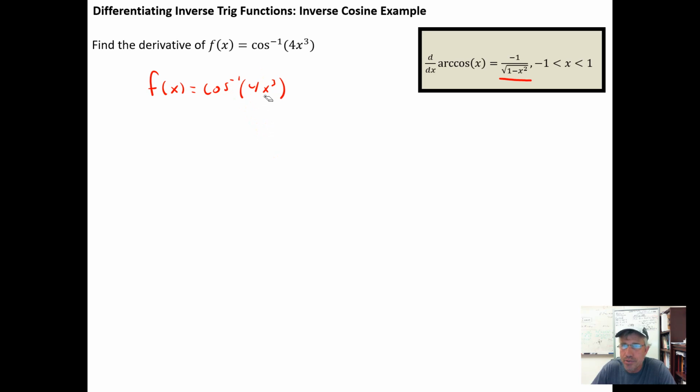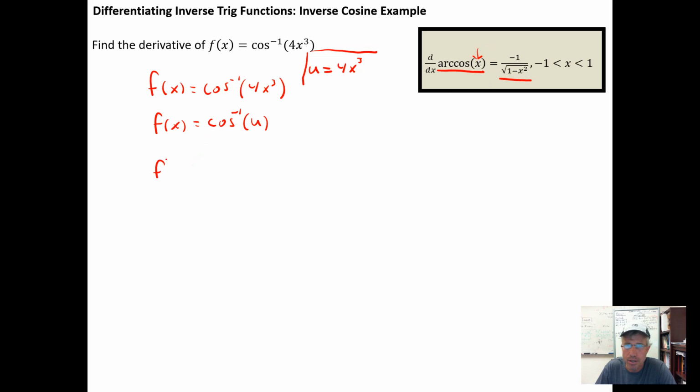So one possibility for doing this would be to do a u substitution to make things look simpler. You do not have to do it this way. Anytime we use a u substitution, it is almost always the case that we don't need to do it. It's optional. I'm going to do it in this particular case just to identify that you can simplify how the function looks by doing the u substitution. So if we rewrite the equation having done that u substitution, we get the cosine inverse of u. And then it has exactly the structure that we see here, the cosine inverse of a variable,